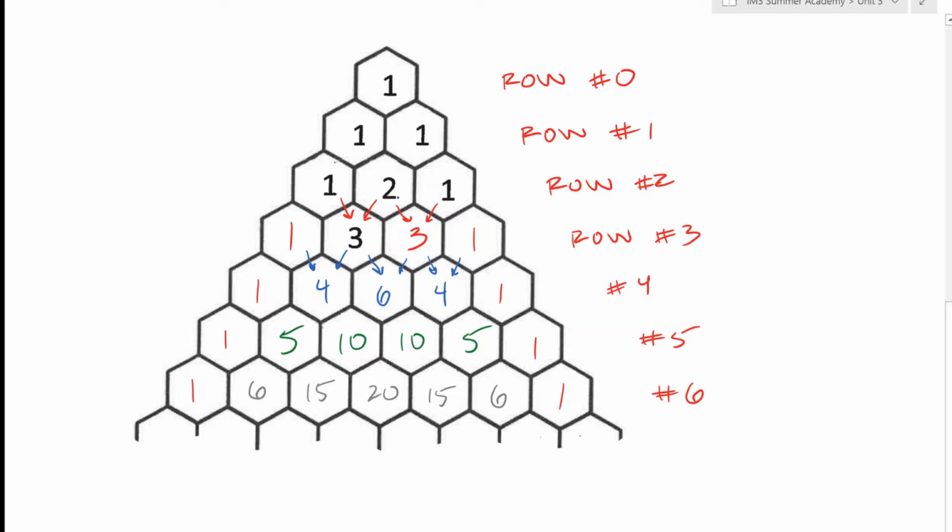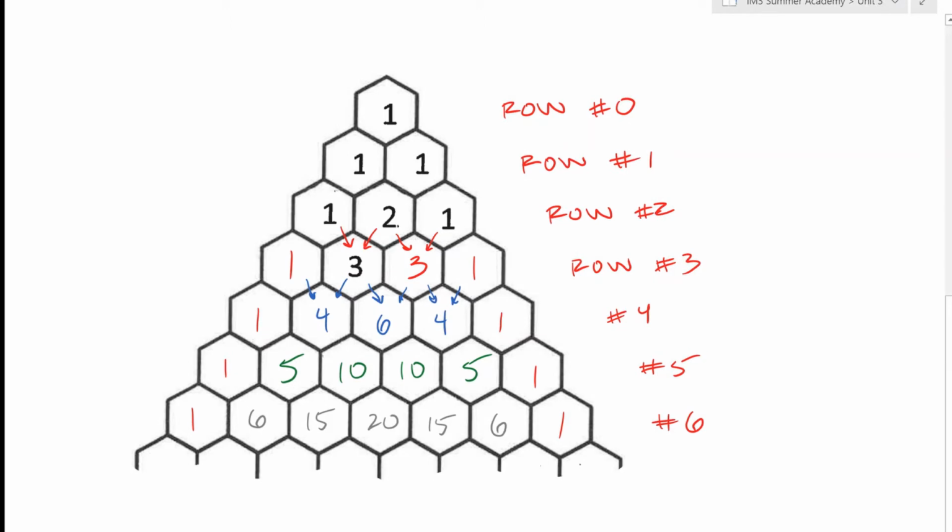Okay, and when we talk about row numbers, this is all dependent on the biggest exponent that our problem is going to have. Okay, so this is x to the 0, x to the 1, x squared, x cubed, x to the 4, x to the 5, and x to the 6. And you'll see what this means in a little bit once we start our problem. Okay, so this is Pascal's triangle. These numbers are going to help us, and we're going to look at them by row number. So our first example